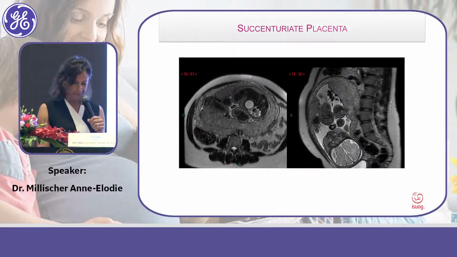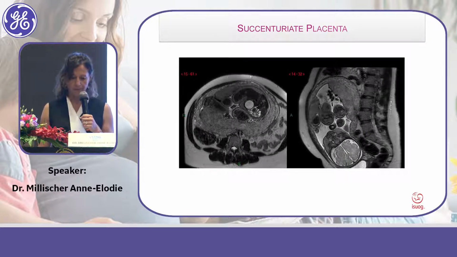Và trên cái hình MRI này mình thấy có một bánh nhau nằm phía mặt sau đáy tử cung và có một cái bánh nhau nằm mặt trước, và mình thấy có một cái khoảng cách giữa hai bánh nhau này, và mình biết đây là một cái bánh nhau có thùy phụ.